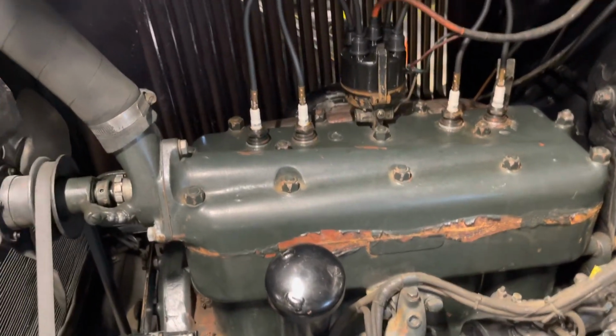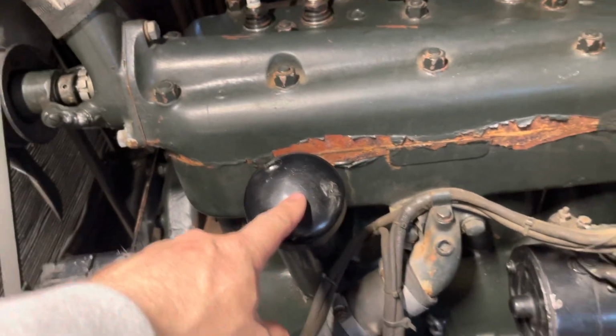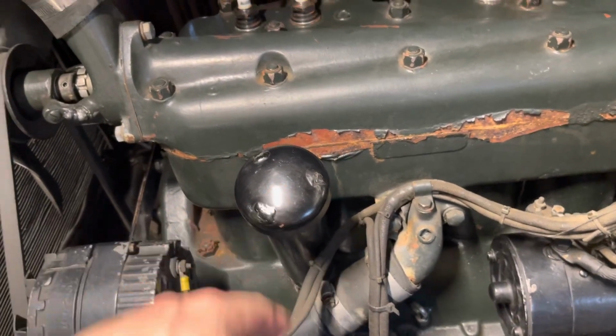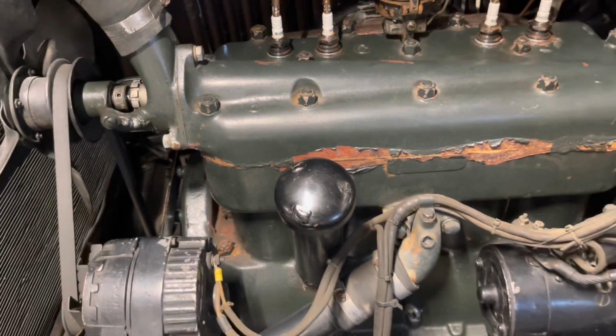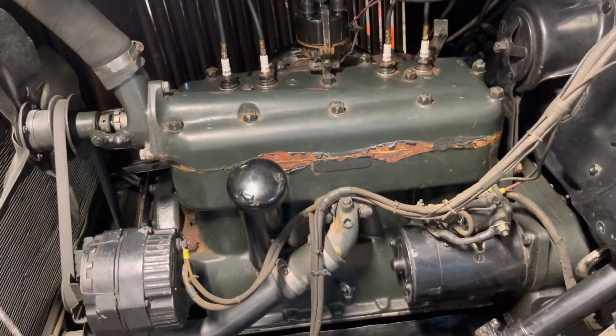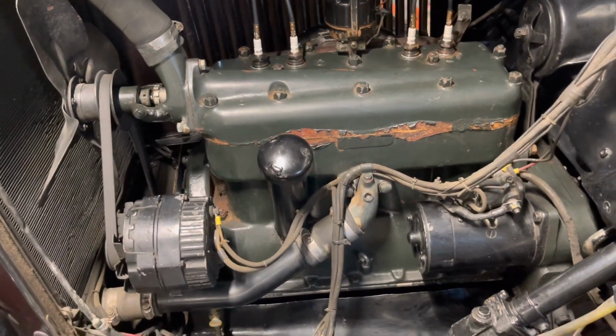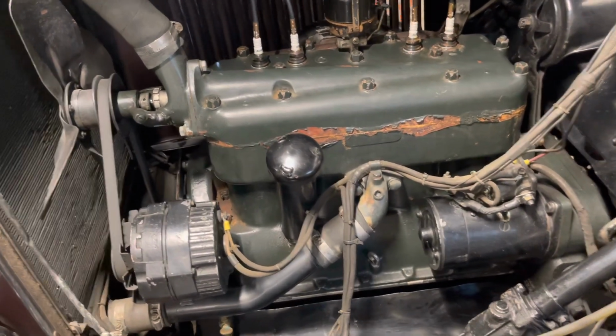What else we got here? Right here, you've got your oil fill. That's where you put your oil in. I use 30 weight non-detergent. I believe it holds 4.5 quarts. There is no oil filter